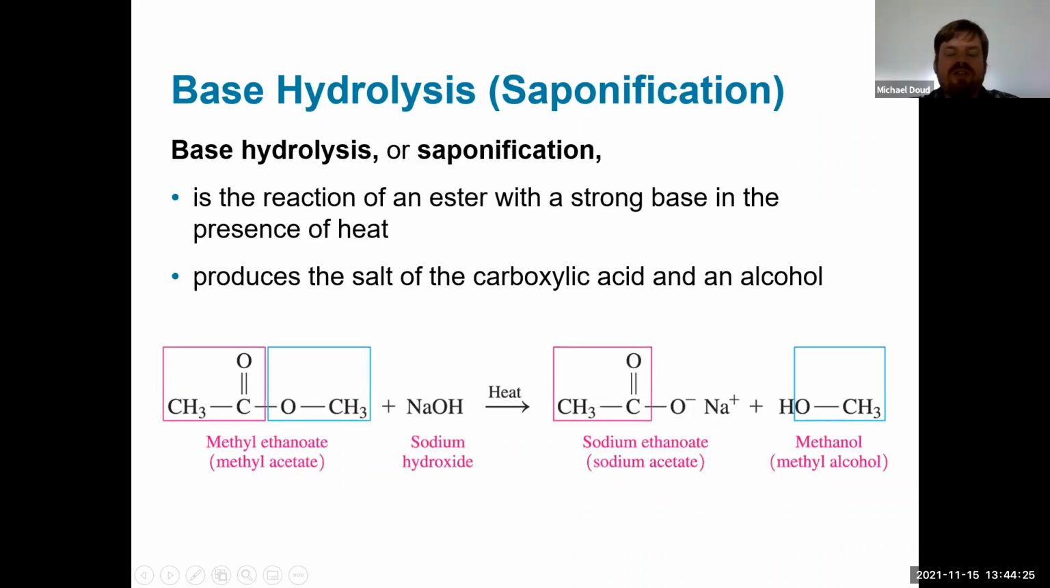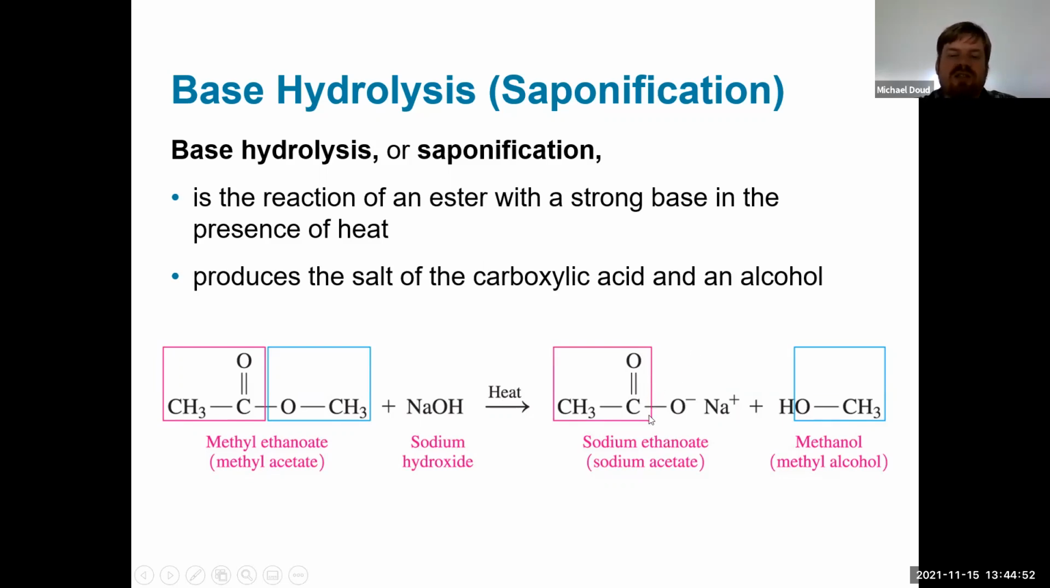Now, that's not the only way that you can do it. You can actually also use a base to break up an ester. So base hydrolysis, which is also known as saponification, is where you take an ester compound, react it with one equivalent of a strong base, and heat it. And what happens is, rather than forming carboxylic acid, because you have a base component here, instead